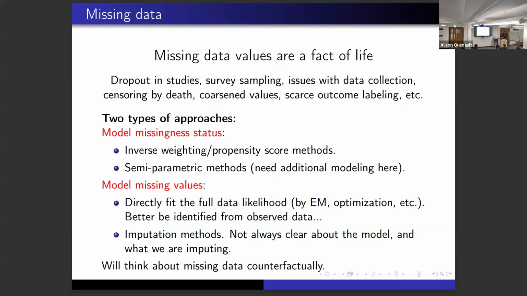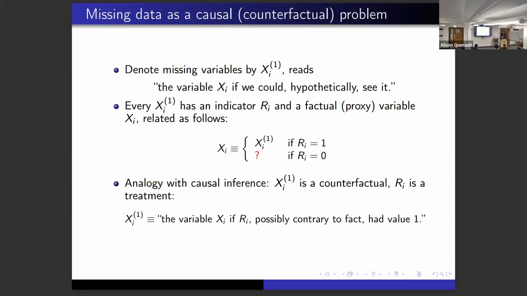And I am a causal person. So in causal inference, we have this idea of counterfactual variables, which is variables that would have happened had something occurred, not necessarily what actually occurred. And there is some utility to think of missing data problems in this way. Now, ever since Don Rubin's days, we've known that causal inference is a kind of missing data problem, but you could also think about missing data in causal terms, and that's often helpful. I learned this notation from Jamie Robbins back in the day, and I find it very helpful.